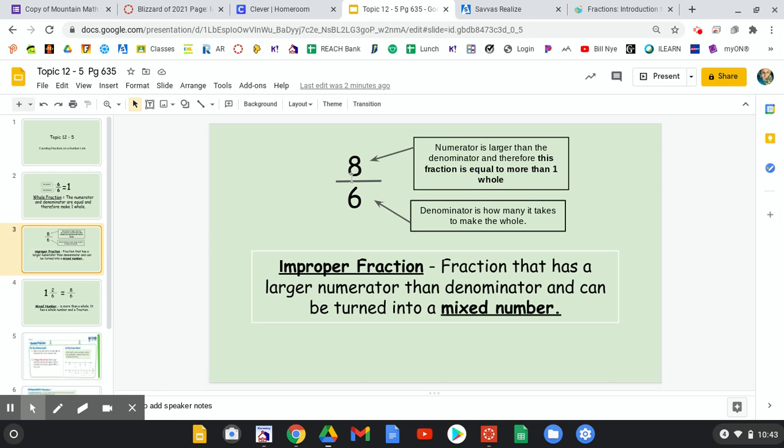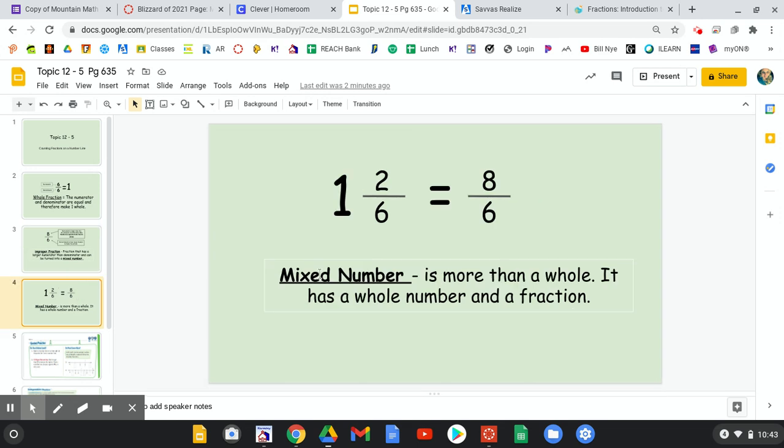So that means we not only have one whole, we also have 2 extra parts, because if I take 8 minus 6, I get 2. So the numerator is larger than the denominator, and therefore the fraction is equal to more than one whole. So this would actually be equal to 1 and 2/6,